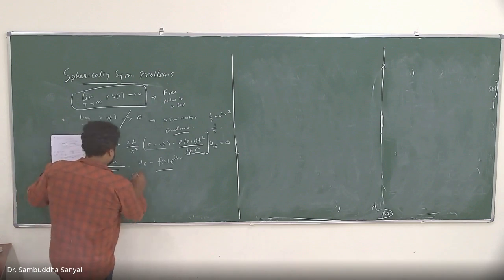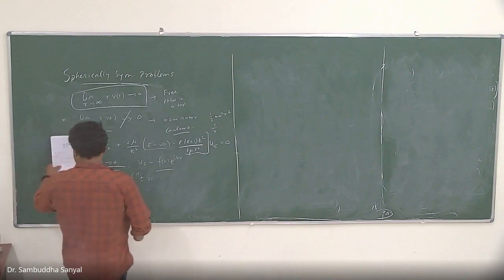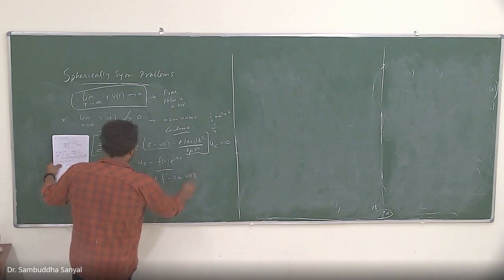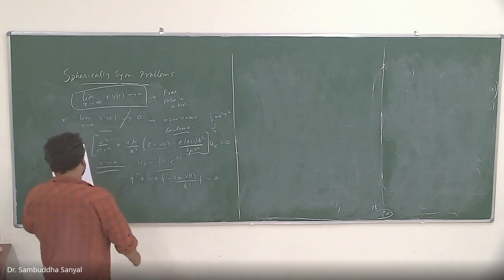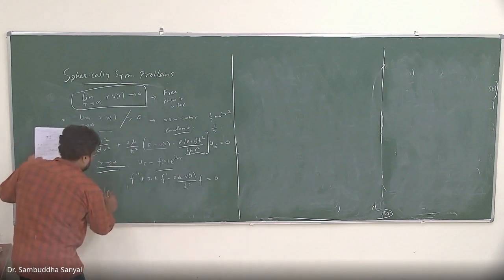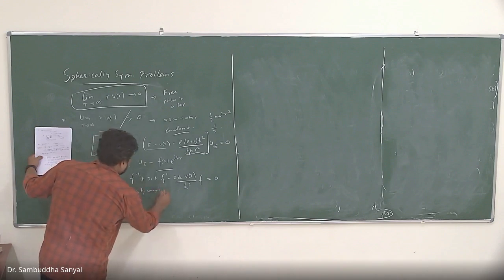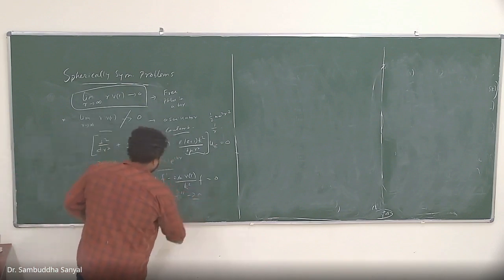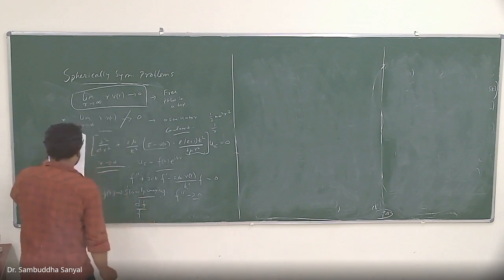So then this becomes 2 i k f prime minus 2 mu v(r) by h-cut square f. So this is my form of the equation. And if f is also slowly varying, because v(r) is also slowly varying, I can ignore the f double prime. The f is also weak. So the solution will be of this form. This is an asymptotic solution.